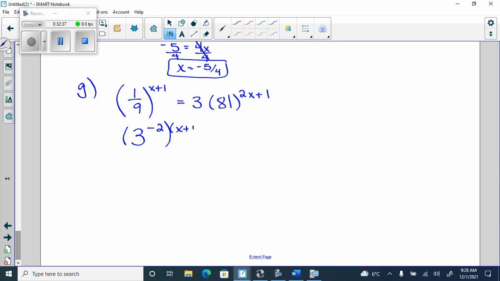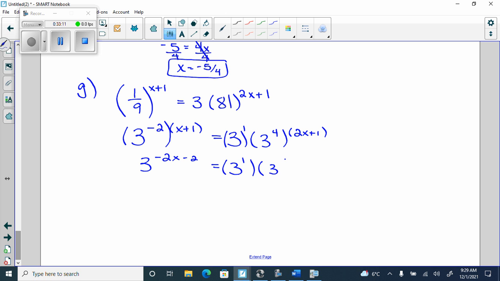Don't forget to distribute. 3 is 3 to the what? 3 to the 1. I know that if I give you just a 3 by itself, errors will fly, because you guys will treat it as a 0. Even though you know 3 to the 0 is not a 0. It's 1. Now, 81 is 3 to the 4. 2x plus 1. So we're going to get 3 to the negative 2x minus 2 equals 3 to the 1